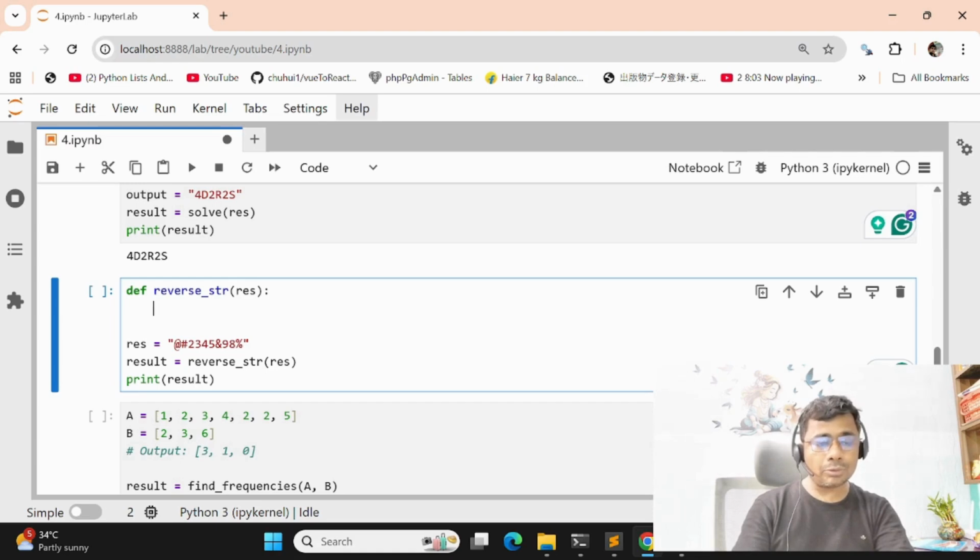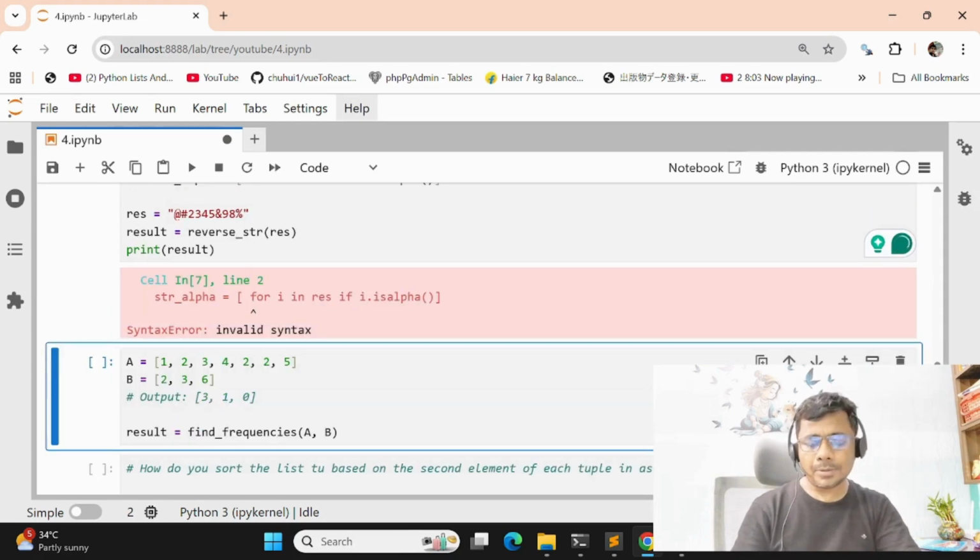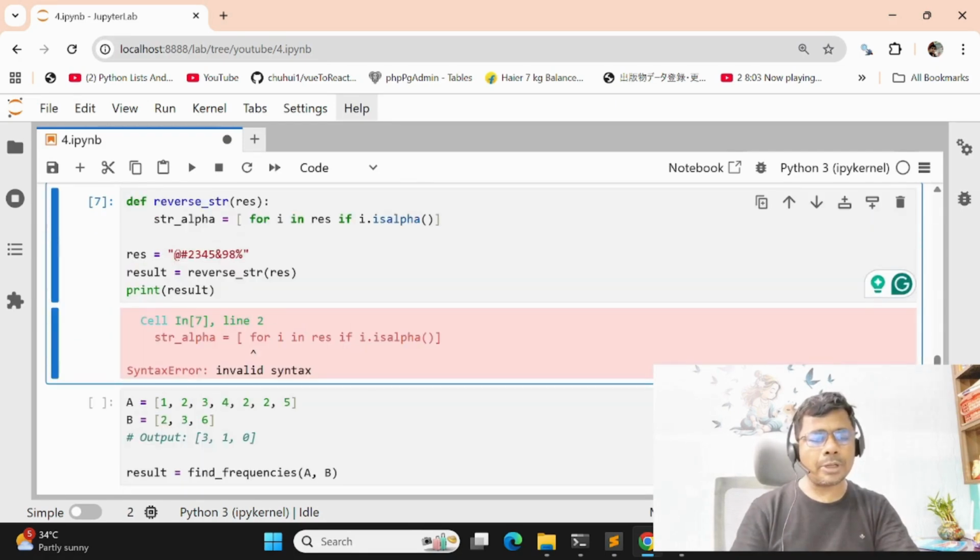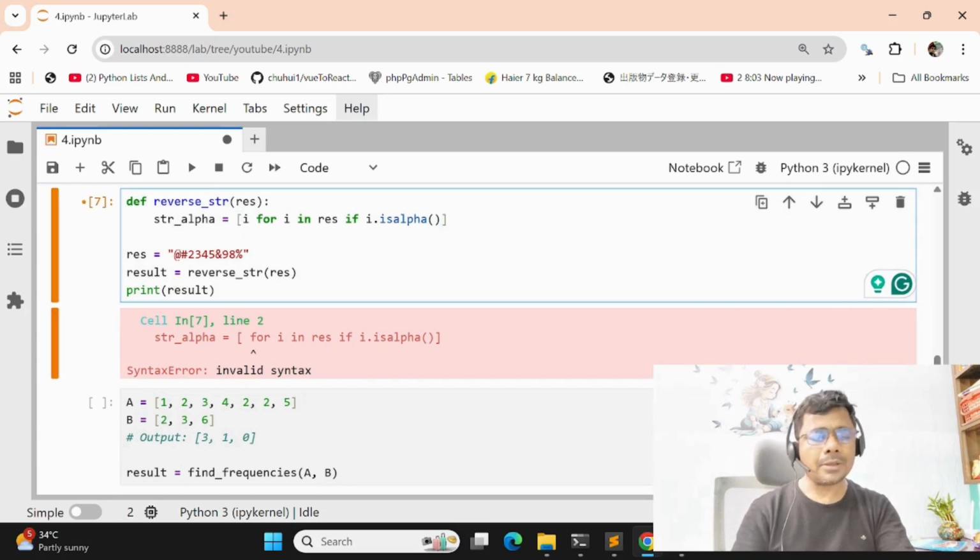First try to distinguish the alphanumeric characters. Then define one variable named str_alpha, a blank string. Define for i in res, if i.isalpha. If an error occurred, you can print i here.